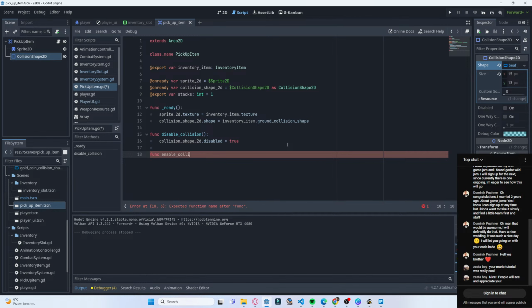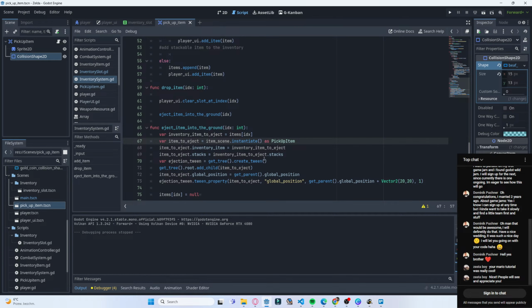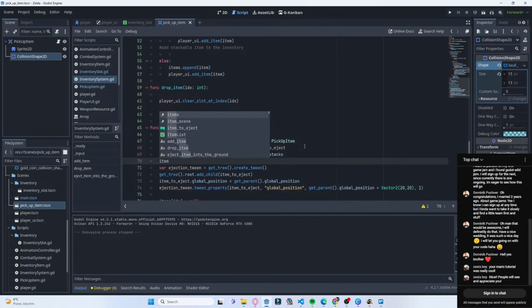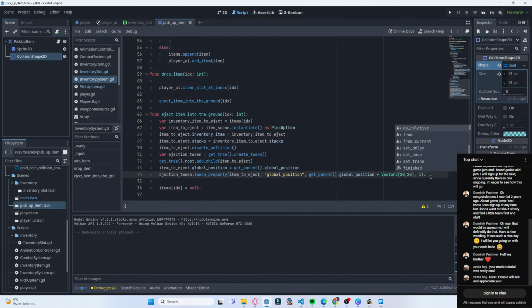So we will enable collision here. Disabled to false. Okay. And now, when we're ejecting that item, we create the tween. So about, I believe here, item to eject, I can say disable collision. And we need to connect to